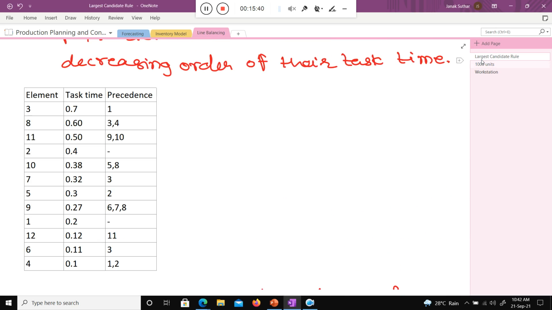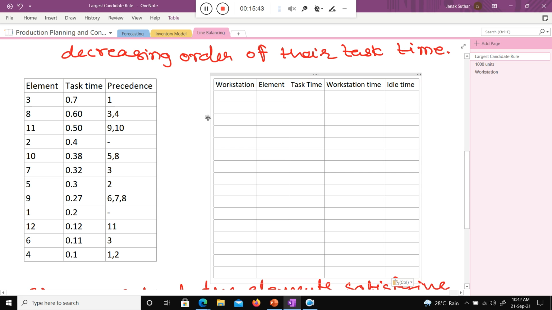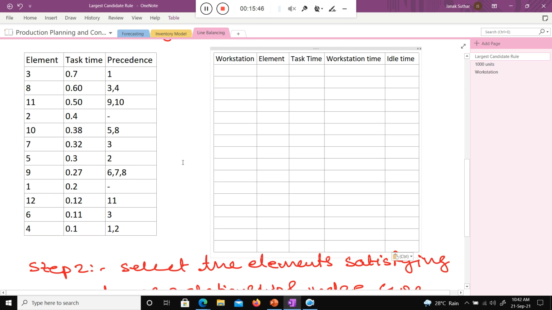I already made that because we reduce the time. Now see, I just want to make one workstation. In one workstation I will try to keep the maximum work elements, right? So assume that this is workstation 1, and next, what is step 2? Select the work element which has the higher task time, but you need to take care of the precedence relationship. So here you need to go from top to bottom, that is the process.